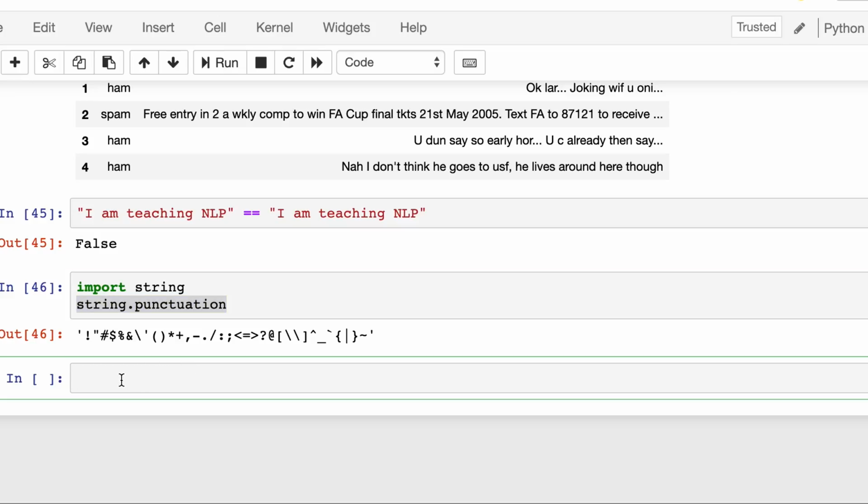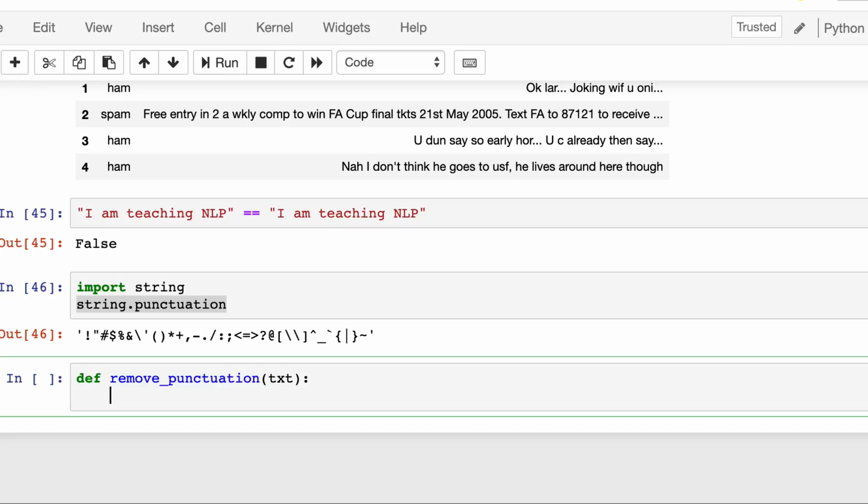So we will build our own function to remove the punctuation. What this function will do is iterate over each character of the text, and if it's a punctuation, then discard it. If it's not a punctuation, then keep it in the text. So let's define a function, remove_punctuation, and we will pass our text to it. And what this function will do, txt_no_punct,